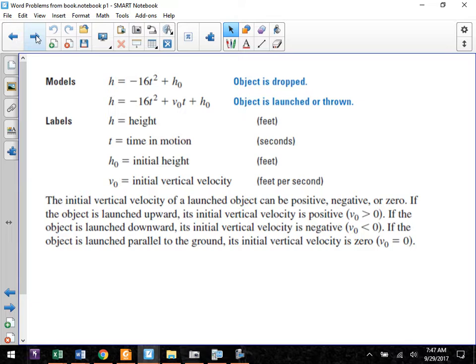Anyway, so what happens here is that if you drop it, or if you launch it, or you throw it, okay. Now, if you're launching it, you're giving it an initial velocity. You're sending it upward. So if you throw something, it goes up and comes down, because again, gravity. If you're throwing something down, you're throwing it with an initial downward velocity. So depending upon how you throw something, or how something is tossed,